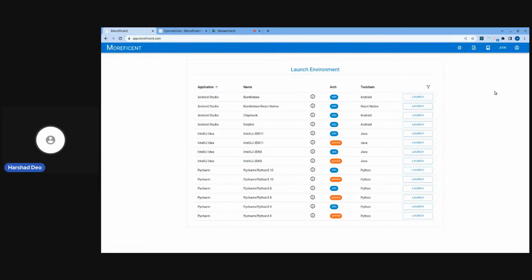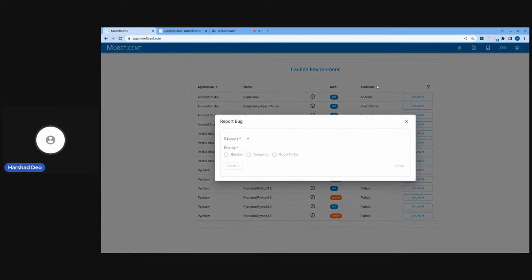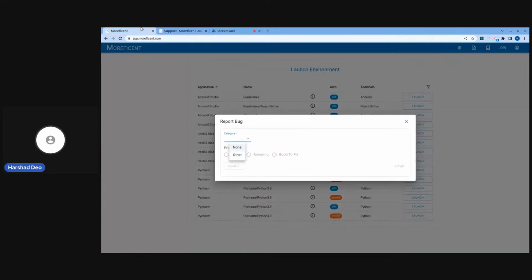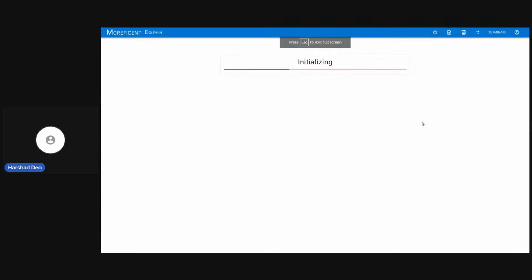Aside from that, the platform is very young, and between now and the eventual event, you'll see many changes to the user interface, but the core functionality will be the same. If you do run into any issues, please file a bug report. You can also reach me directly on the support page over here. But the bug report gives us context into what went wrong so that it becomes a bit easier to reproduce